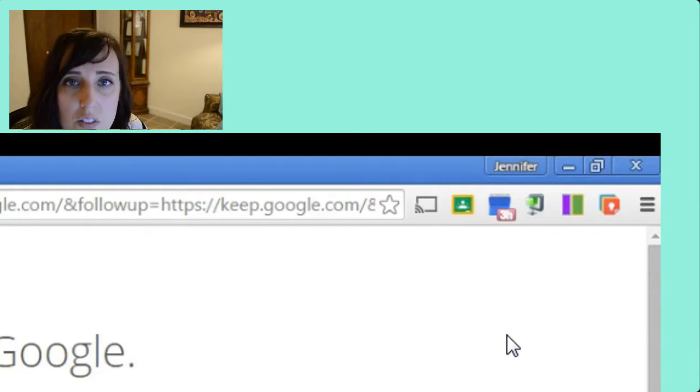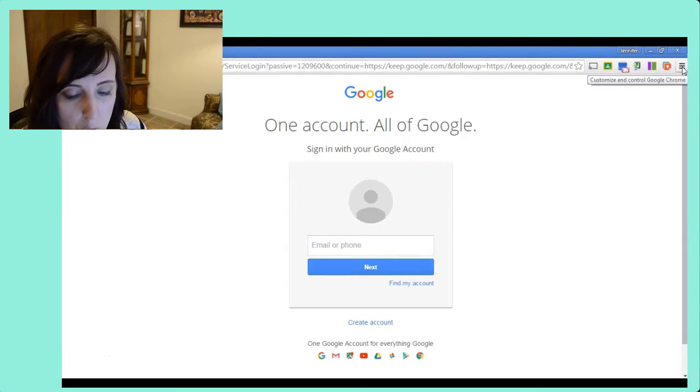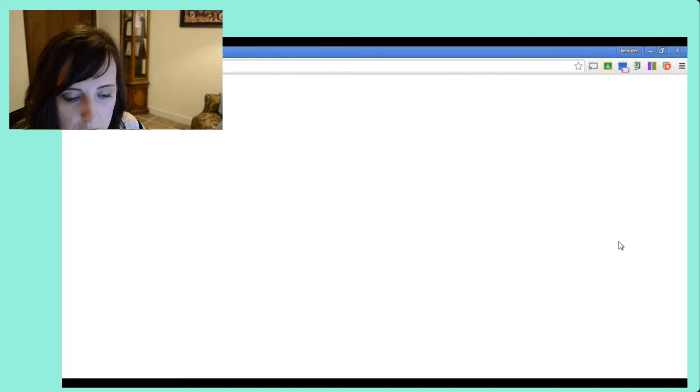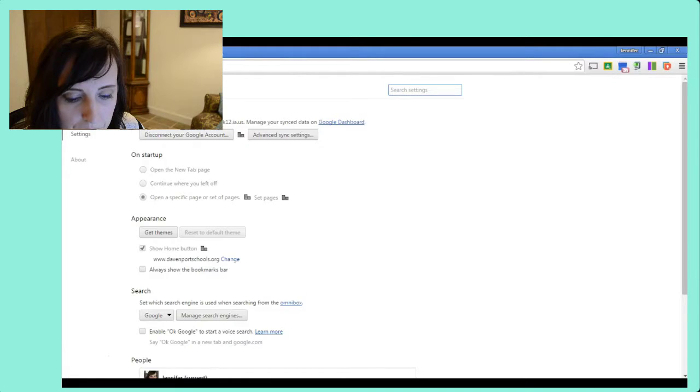Because in the world of extensions, there are lots of options. You might have the ability to add extensions in your browser in your district, and depending on the types of tools you use or the function that you need, you might have a ton that you want to have coming in and out, so you can hide them. When you hide them, it's not deleting them. They're not gone forever. So at a later time, you might decide, oh, I really needed that gradebook split. So if you go back to your menu, the triple bar menu, and you click on it and you go down to the settings option,